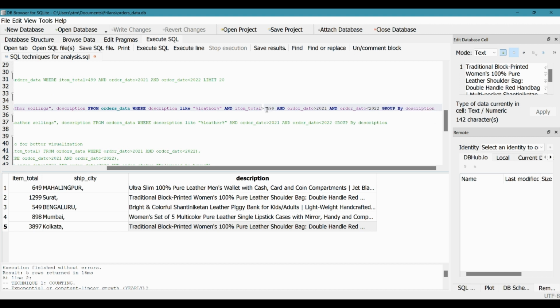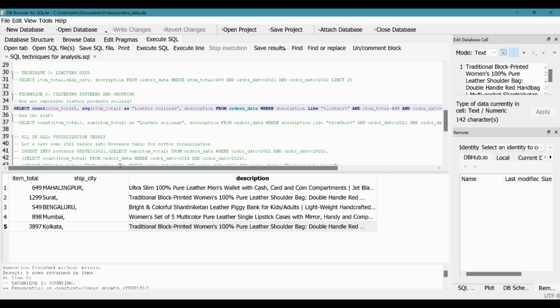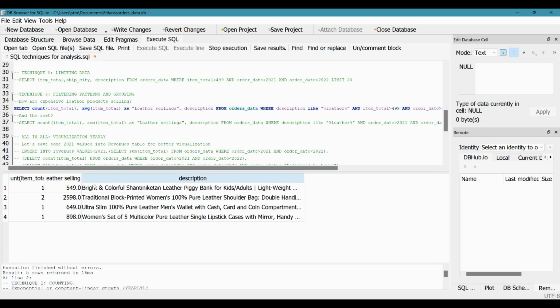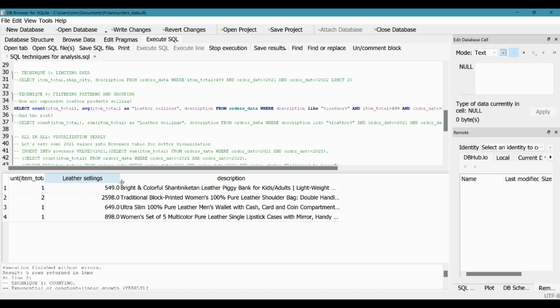Just to see if we can avoid syntax mistakes, we can do it like this. So what I'm getting here, and I did put the word leather sellings here, saying average item total as leather sellings,